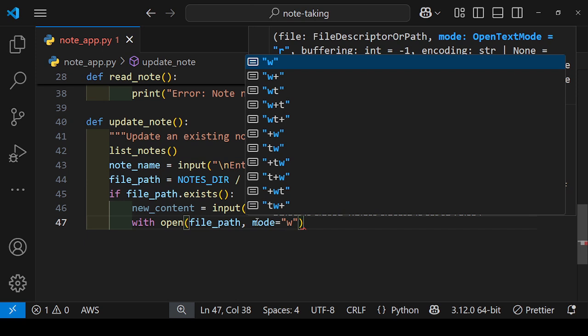No, not write mode. If you write, we have to see. Updating a note means we are trying to override the content. So we'll use the write mode. We can also create another function where we will append the notes, like writing another content. So here I will overwrite the content,